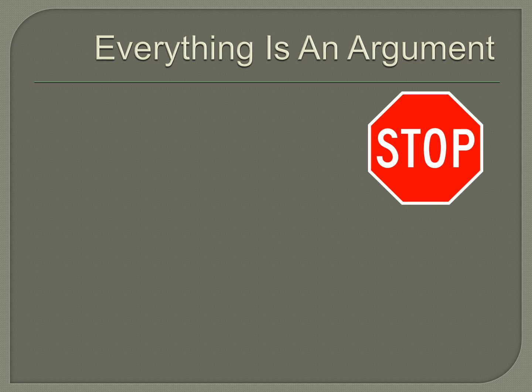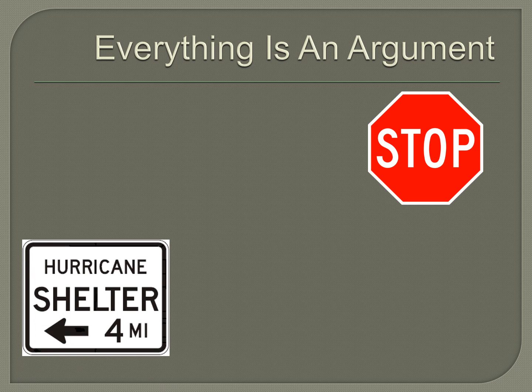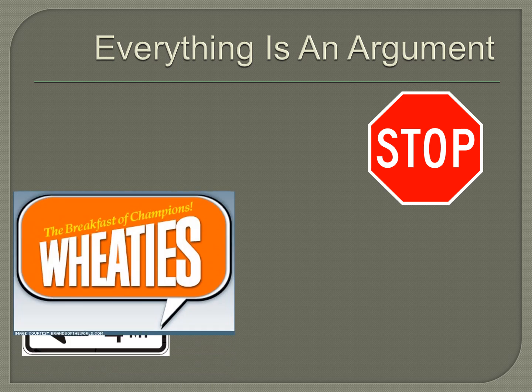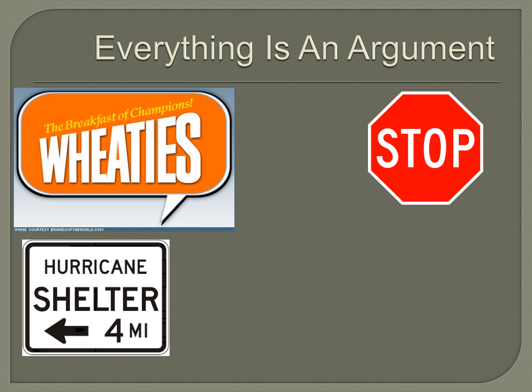Because if you think about it, it's stop or get a ticket. Stop or get in an accident. Stop or perhaps even lose a life. It's a pretty effective argument, even though it's a visual. This certainly is an argument. The argument, obviously, is not an argument you see often around here, but it is an effective argument. Go this way 4 miles if you wish to be safe from an oncoming storm. This you probably have never thought of as an argument, but in fact it is.